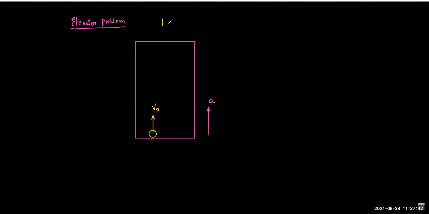So let V naught be the velocity of the ball with respect to the elevator. Now the elevator may have some velocity, which is not given, but it doesn't matter actually. But because you want to solve this question, you can assume that at the time of projection,